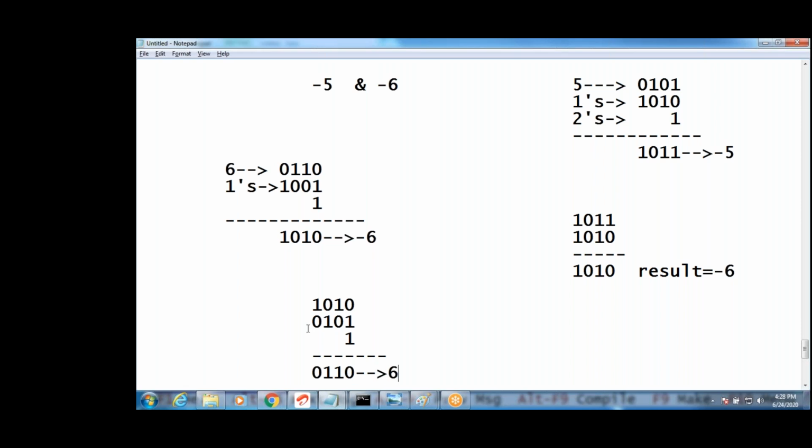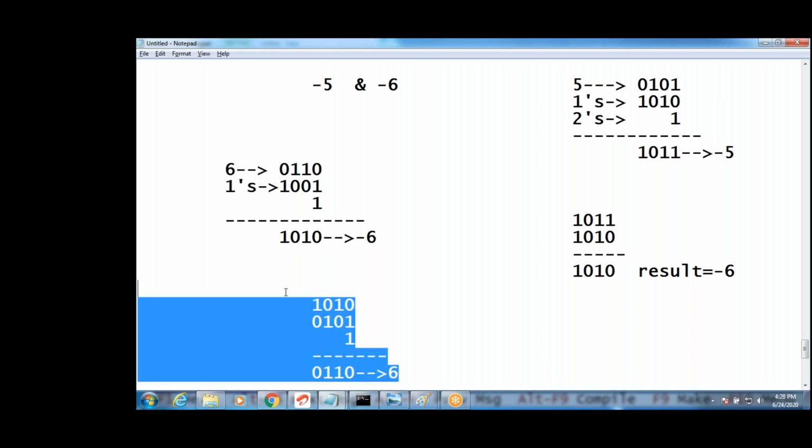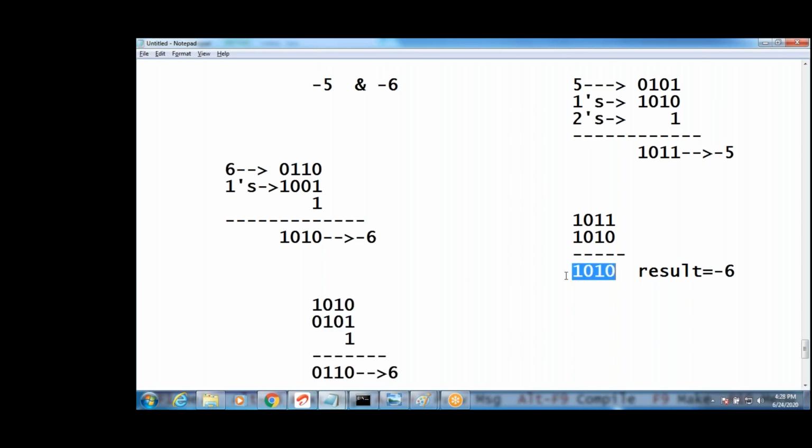This is 6, guys. Okay, this is the result. Our result is minus 6. Two's complement is minus 6 value. For a positive number we will get a negative, right? For a negative number, if you do two's complement, positive number, vice versa. For positive number, if you do two's complement, we get negative number. Same way, for negative number, if you do two's complement... when you don't know the result, 1010, it's not 10, don't say it's a 10, because 1 is negative, that is minus 6. Here it is, so you can directly say it's minus 6.